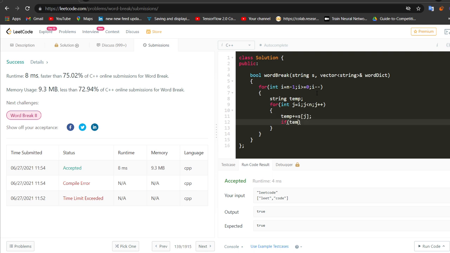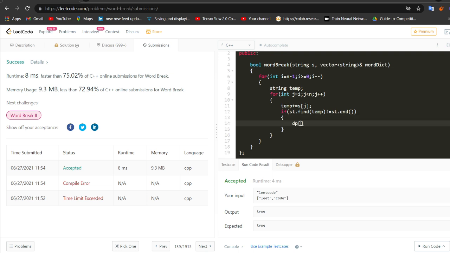I have to make that set again. If st.find(temp) is not equal to st.end(), then DP of i is equal to DP of j plus 1.